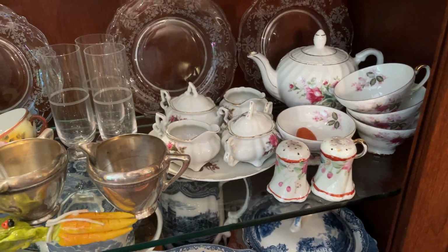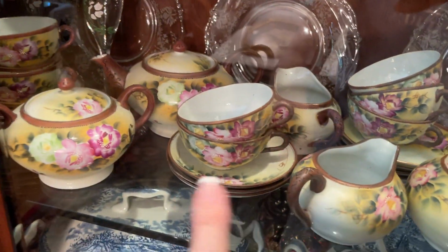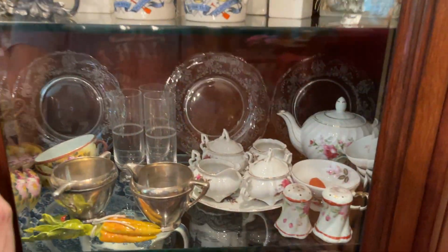I have 6 of these. See, there's 3 over here too. And these were my grandmother's. I have 6 of these, and I have another one that's about this tall that I'm gonna keep for myself. But anyway, so